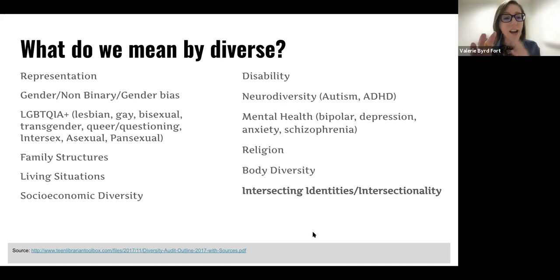And are there any categories here that you think are missing? Is there anything missing here when we're thinking about our collections in terms of diversity? Nationality, yes, that's very important for picture books. Oh yes, Lee, thank you for bringing that up for picture books. And we'll look at the infographic in just a moment that I'm sure many of you have already seen,